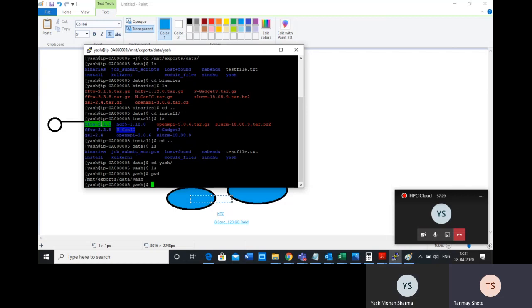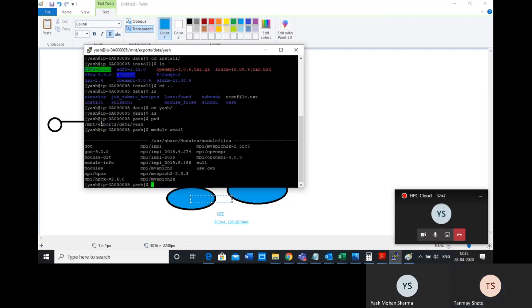To set your environment, you first have to check what libraries are available to me. Those available libraries, which are also called modules, you can check. So what are the modules available to me? You can just say module avail. Once I run module avail, I just see these modules, MPI and something, but I don't see FFTW and those other modules. There is a reason for that, because I did not include those modules somewhere. So let me set that for you.